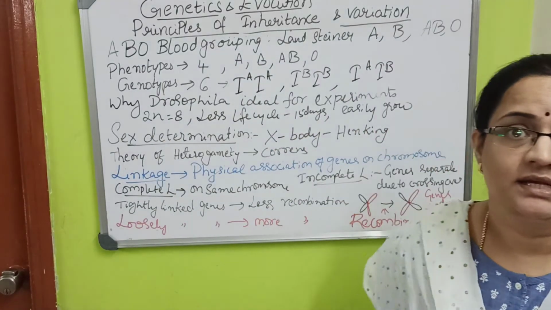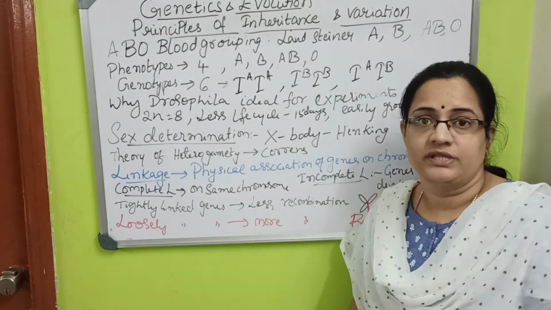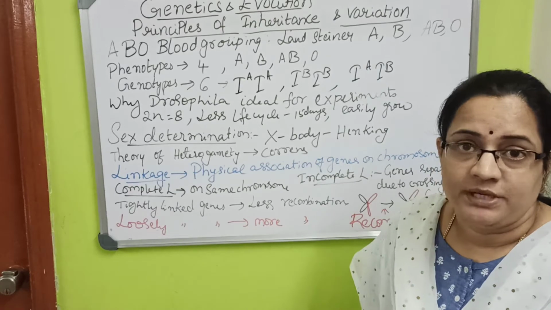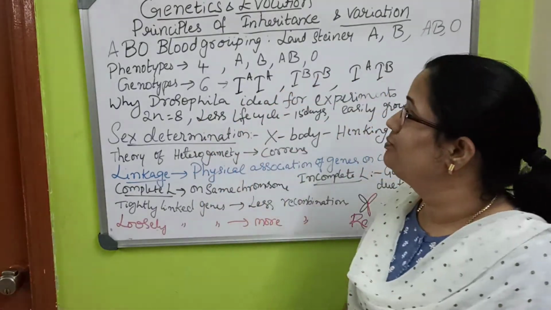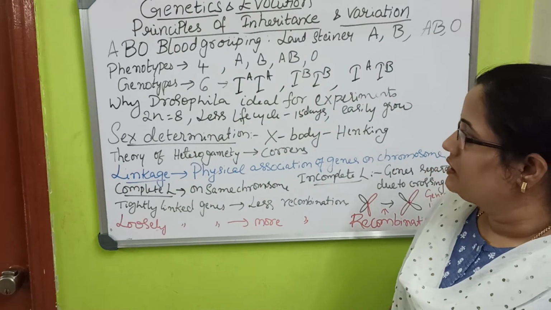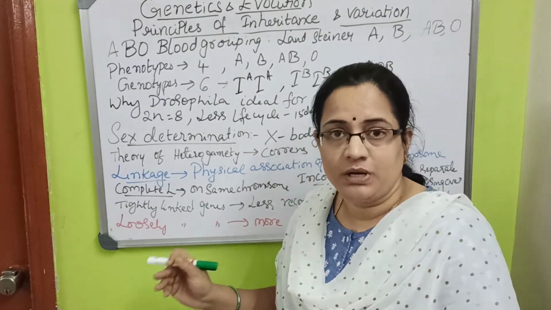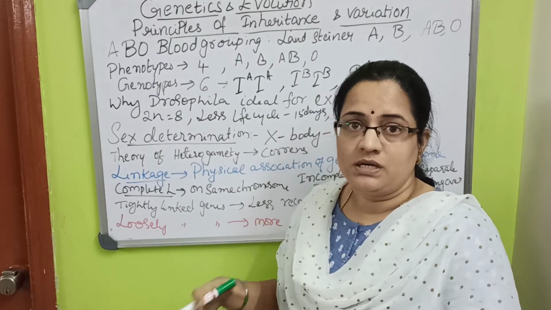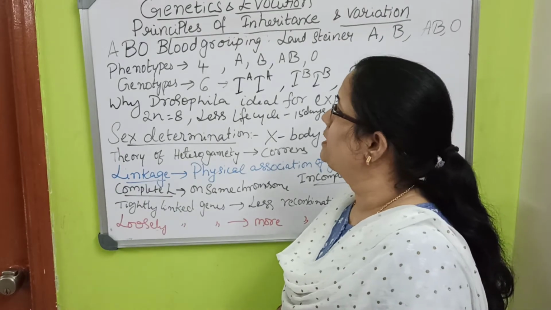Hello students, now I am going to teach the next part in principles of inheritance and variation: ABO blood grouping, and several parts. Step by step, each will come for 5 marks or 3 marks or 2 marks. So in that, ABO blood grouping,